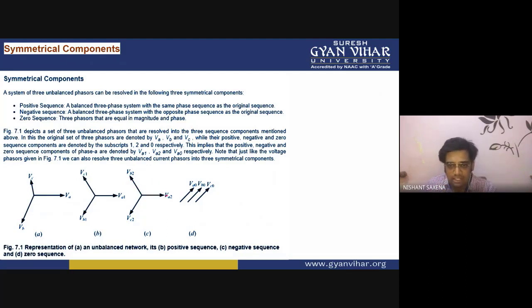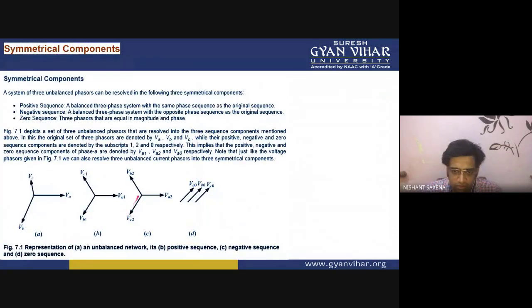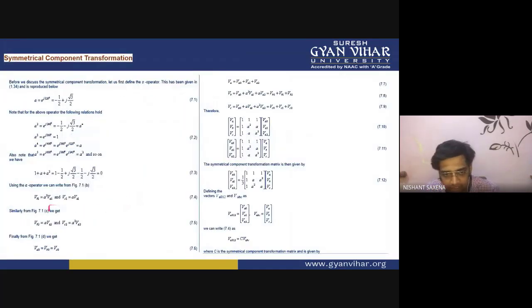Whereas in the negative phase sequence, while I was writing this equation, it is written that VB2 is equal to alpha VA2. So VB2 is equal to alpha times VA2. Now I multiply this VA2 with an operator which will rotate it by the 120 degree phase difference, and which will bring VA2 towards VB2 with the same angle. So that means basically alpha is rotating the phasor, keeping the magnitude the same, but it will rotate the phasor VA2 towards VB2. That's why it is written that VB2 is equal to alpha times VA2.